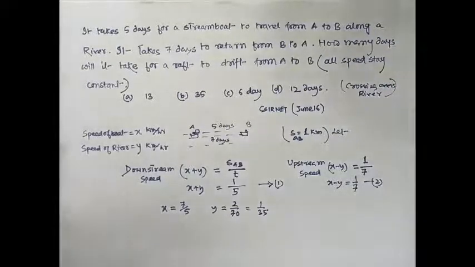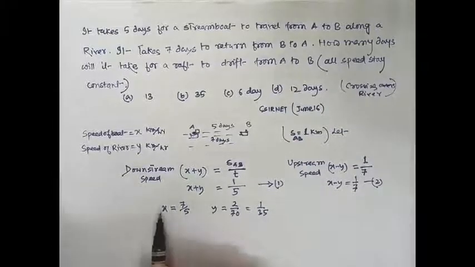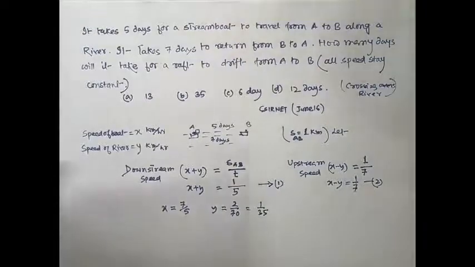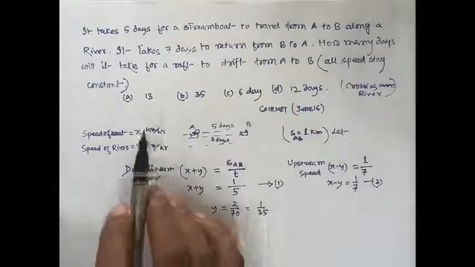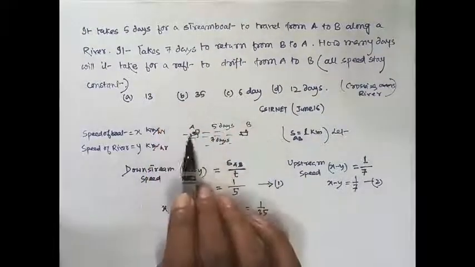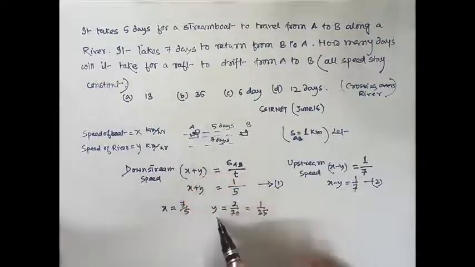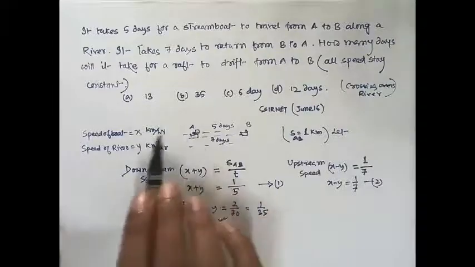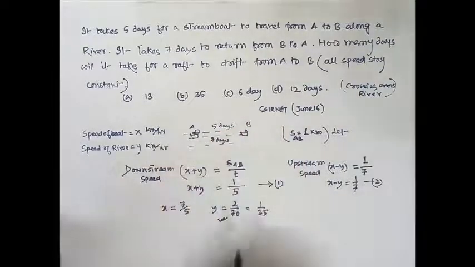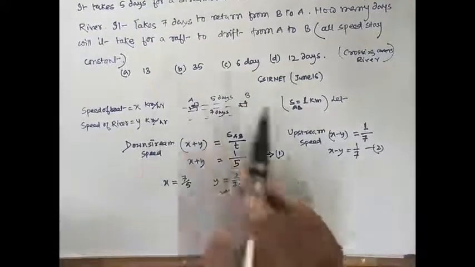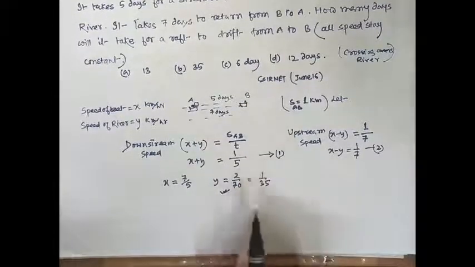So x is the speed of the boat and y is the speed of the river. When the river floats a raft from A to B, the raft will travel with the velocity of the river, since it is drifted by the velocity of the river. So in this case, the time required...